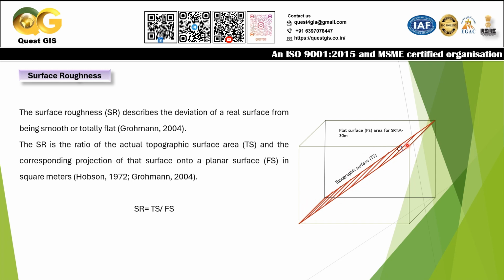Whatever topography we see at present, the area of that topographic surface, and the corresponding flat surface, when we project it to the flat surface or make that slope angle 0, what would be the area? Okay, so here we are going to consider our SRTM data, 30 meters spatial resolution, for our